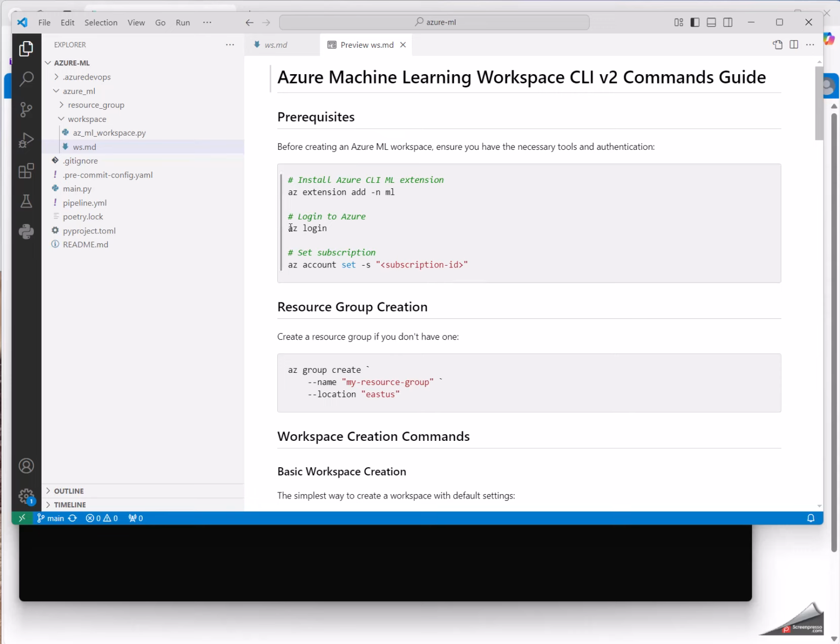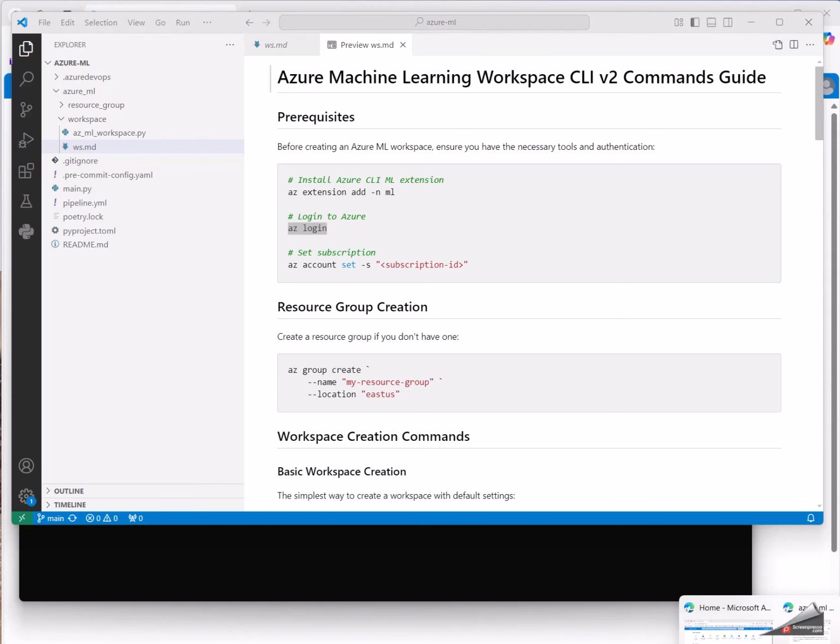As you can see here, the first step is that you need to be logged in to this account, and the second one is, if sometimes you have many subscriptions, you need to make sure that you are using the right subscription. But someone will say, where should I find my subscription ID?